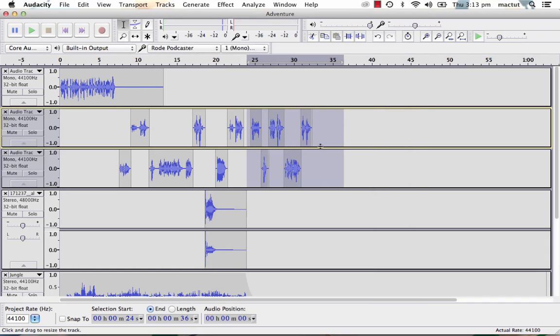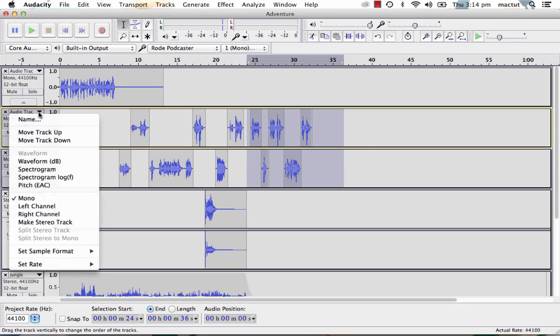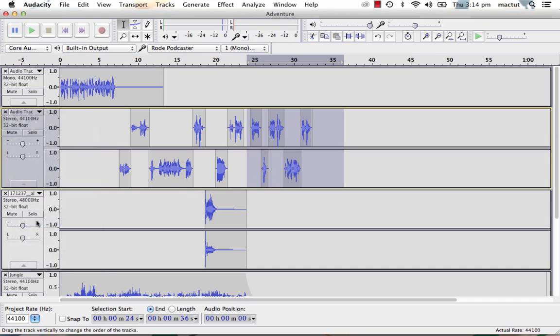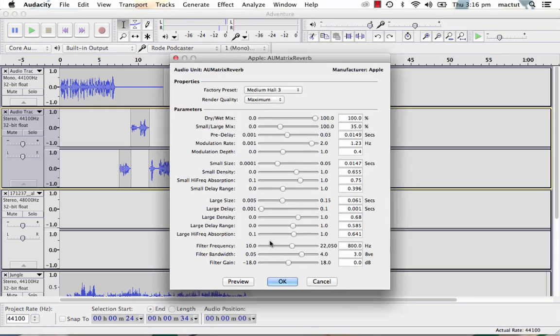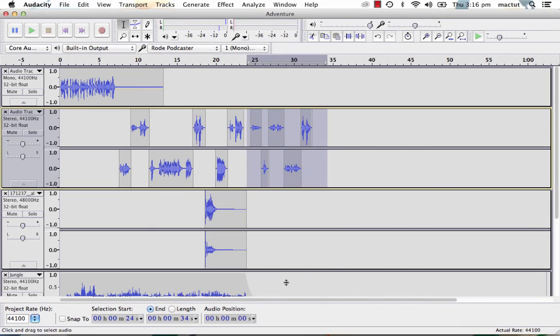But we don't have a stereo track here. We've got all mono tracks. So what I'm going to do is go to this drop down here and make those two tracks a stereo track. Now it's a stereo channel. I can grab them all, click Effect, click Small Room, and now when we listen,